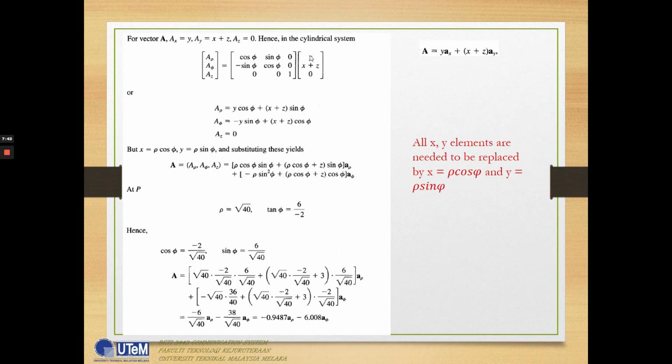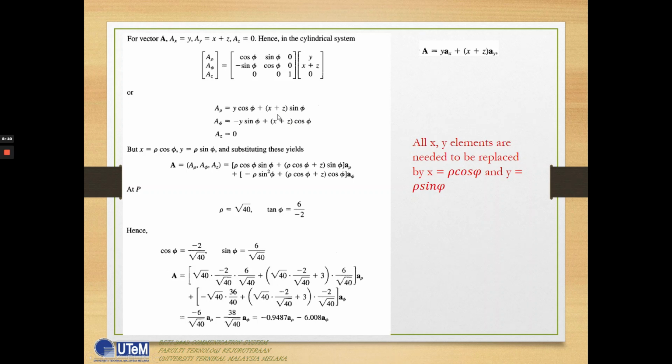And as usual, 0 multiplied with this, 0 multiplied with this, and 0 multiplied with this means all are 0. So we don't have any az component for the cylindrical coordinate system. This is very important. Now since we got all of our values, all those values that we got, a rho, a phi and az,